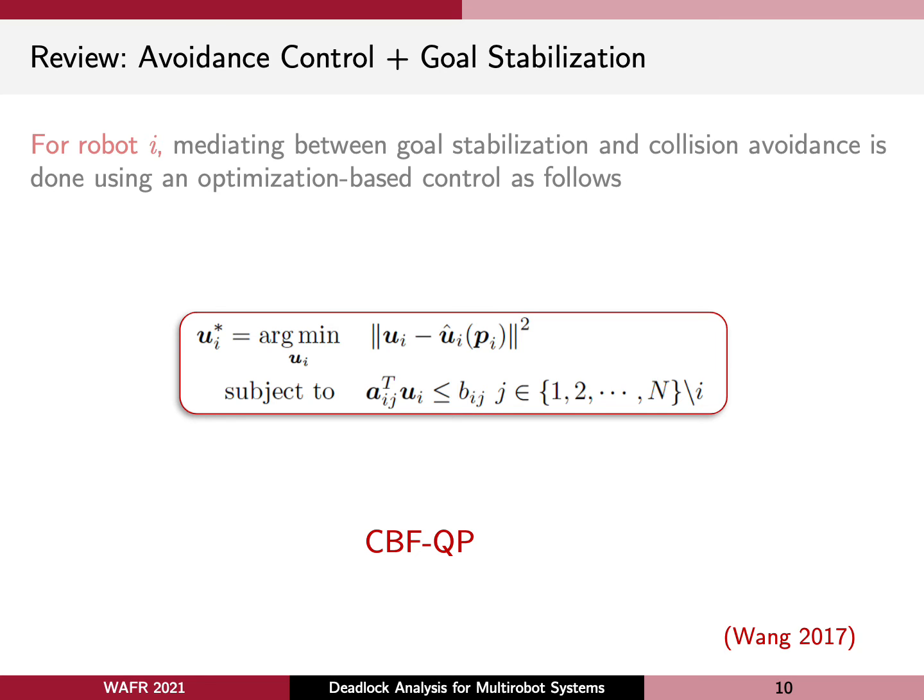So let's see what information we can derive from this optimization problem to figure out what happens in deadlock. Now, I just want to mention that for simplicity of this presentation, I have omitted actuator limit constraints on acceleration u_i star, but the paper derives all the proofs with those constraints in consideration. Either way, with or without actuator limit constraints, the analysis is the same.